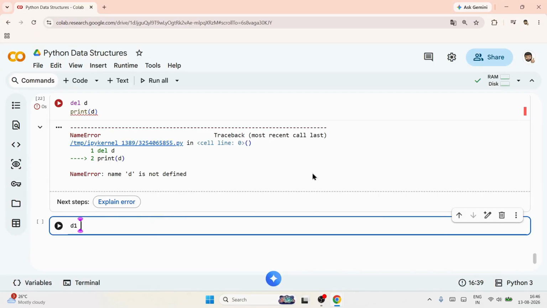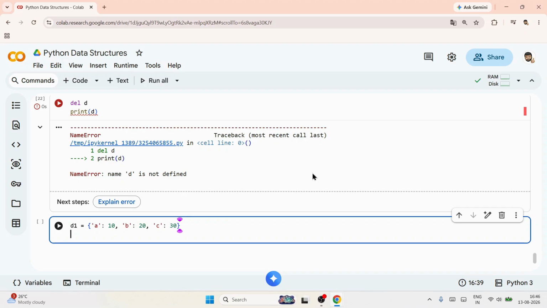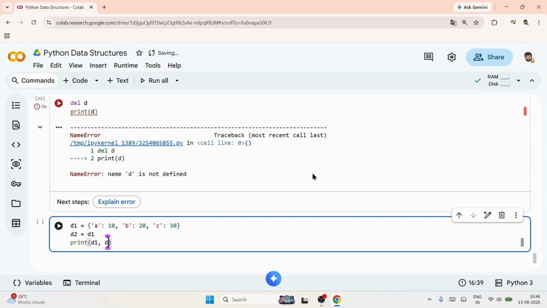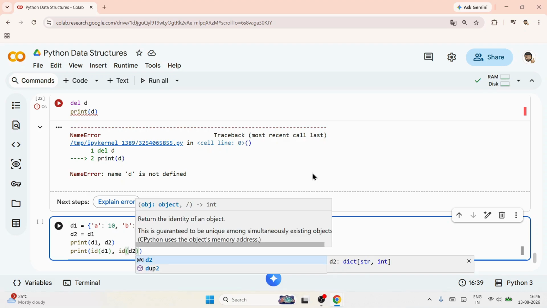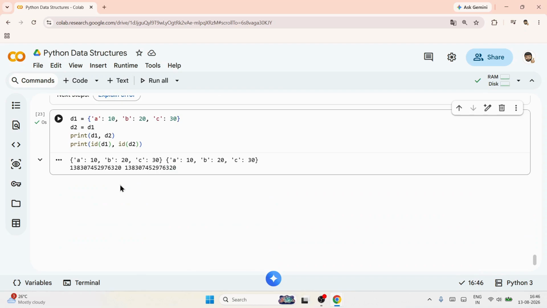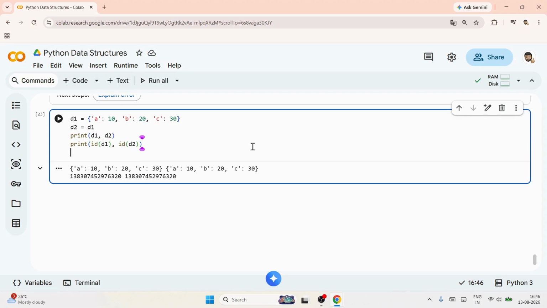See, so I'm creating one dictionary. I'll take A 10, B 20, C 30. And then I'm writing D2 equal to D1. प्रिंट करके देखोगे तो दोनों डिक्शनरी सेम आएगा। एंड अगर आईडी भी प्रिंट करोगे दोनों डिक्शनरी का, then also it will be same. See, are the addresses same? एंड जब एड्रेस ही सेम है यही प्रूव करता है, अलग से कुछ एक्स्ट्रा बताने की भी जरूरत नहीं।